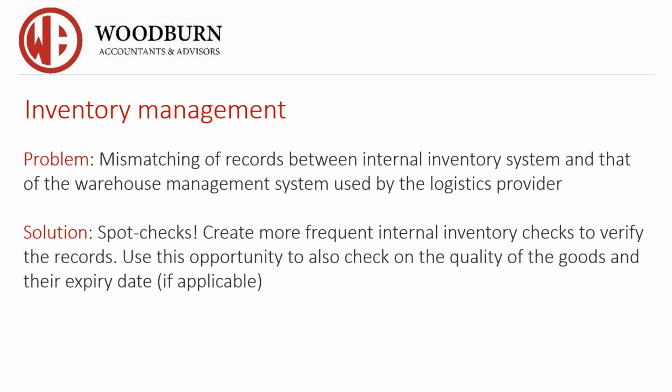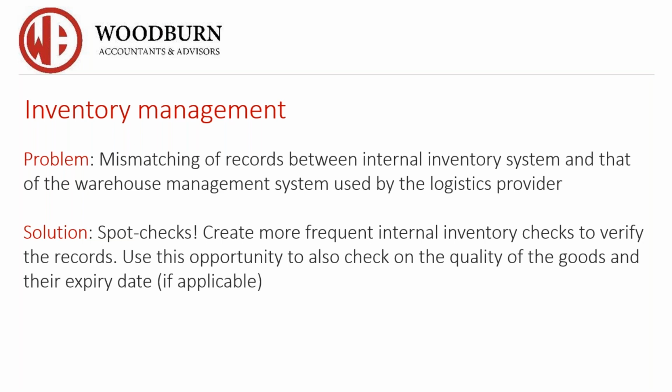Now, what I also recommend, particularly if you are in a sector where your product might be fragile or might have an expiry date, is that you may also want to check the quality of those products at the same time, okay? To give you an example, we have done spot checks on companies that produce glassware. That's a very fragile product. So we went in, we did the inventory check, but at the same time, we did spot checks on whether glasses were broken or not. And then if they were, we would get them out of the inventory.